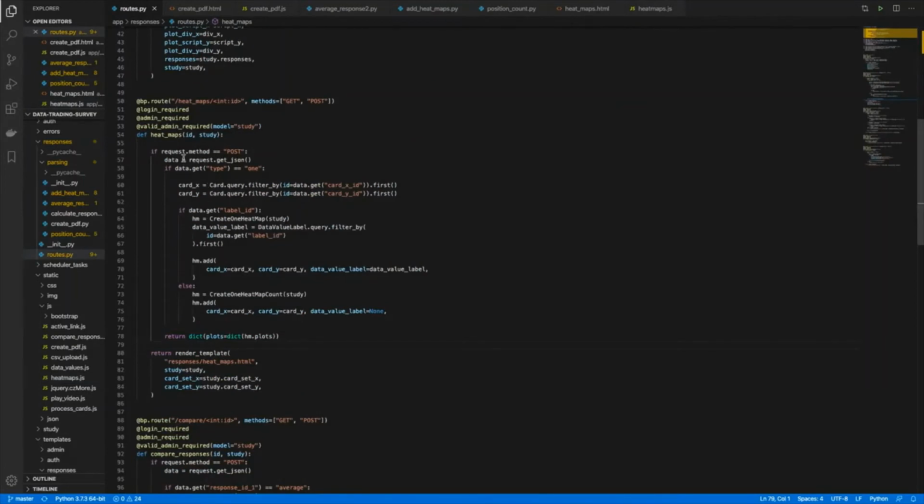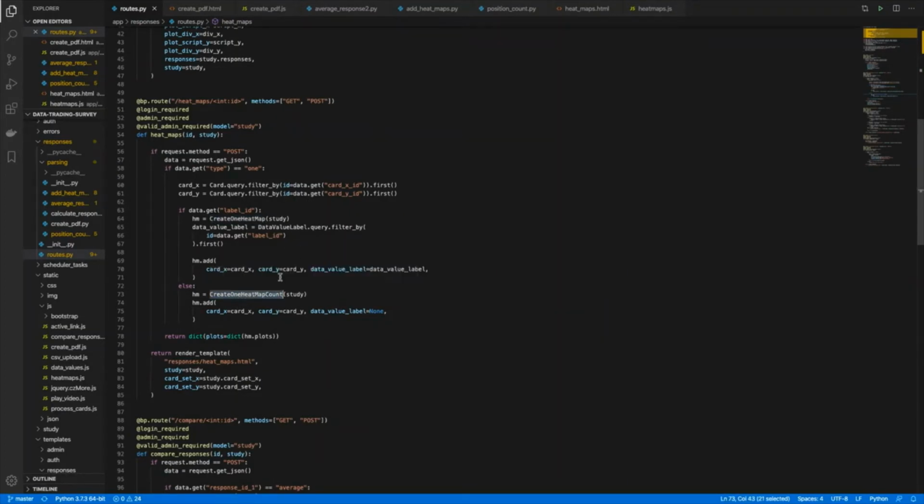Once that object is sent back, as the request.method is post, this section gets run, and depending on the type of heat map selected in the form, create one heat map or create one heat map count object is instantiated.